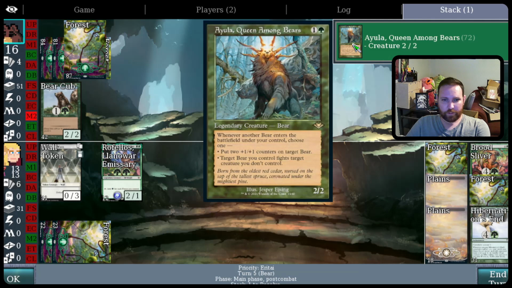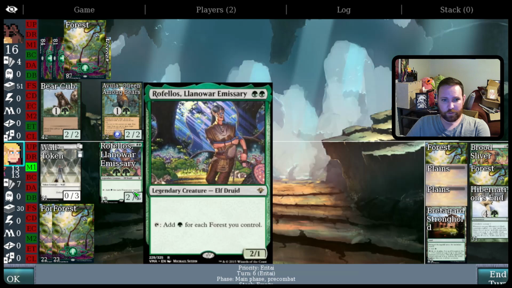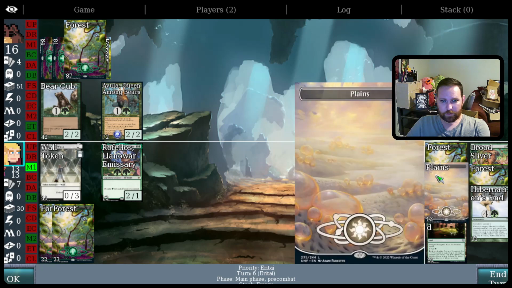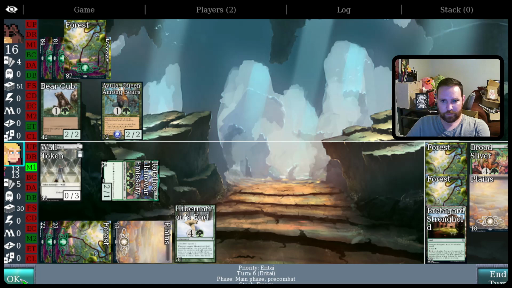Ayula, Queen Among Bears. Whenever another bear enters the battlefield, it gets 2 counters or it fights something. That's not good. Redegard's Stronghold is not a forest, so Rofellos is not going to help us out with that. Man, do I need to start playing Plains? Or just max out my mana? Let's get some other colors going, in case I draw a double white card. I have enough right now to pay for Hibernation's End, so...